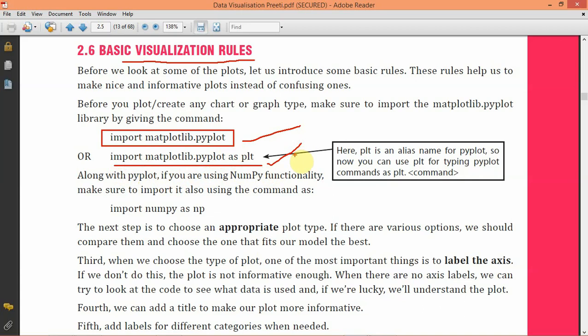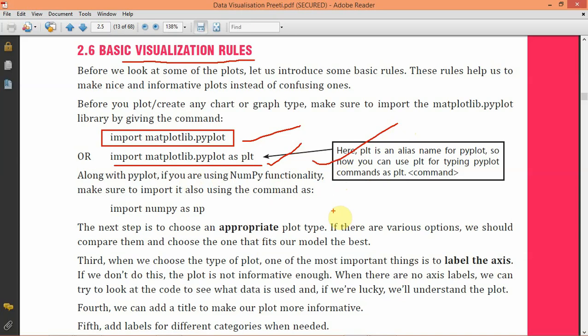Import pandas as pd, import numpy as np. Like that you can write matplotlib.pyplot as plt to import this in our program. So this is already you are familiar with.